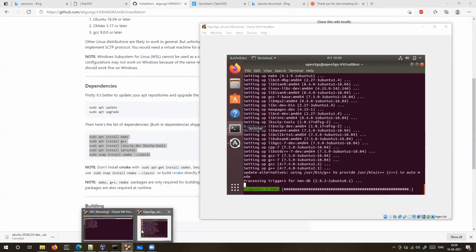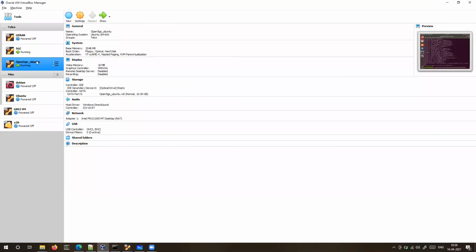In the next session, we will install UERANSIM and 5GC in different virtual machines. We'll try to communicate between both virtual machines, and we will see how this works. Then we will install UPF into a different virtual machine and try to communicate with it. So this would be the 5G core, the gNodeB, and the UPF in different virtual machines.